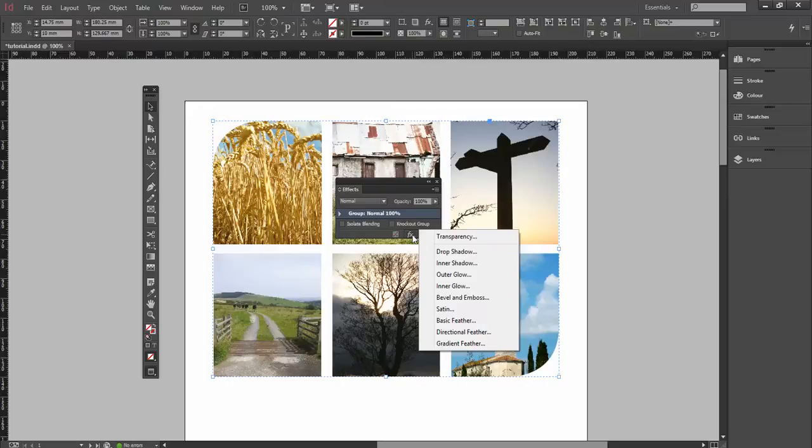With effects, I find with InDesign, certainly with experience of being a designer, is don't overdo them. Just use them to a subtle extent, and they can really help pick things off the page a little bit. If you go too over the top, it looks a bit cheesy and a bit naff. But little drop shadows and little feathers can actually work quite nice for us. So if I go to drop shadow first here,